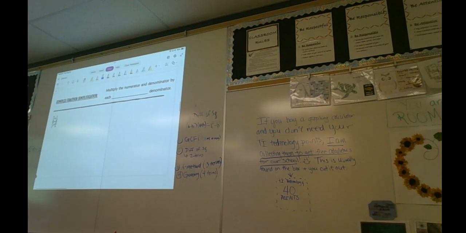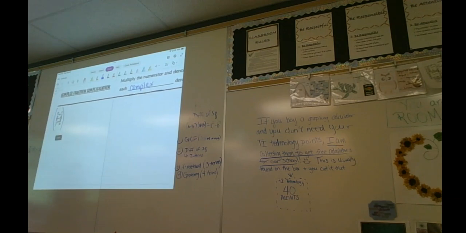Do you guys remember how last year I taught you, if I gave you something like this, with multiple fractions, how to get rid of it in one step? Do you guys remember how we do that? So we multiply each, here's your fill in the blank. Multiply the numerator and denominator by each complex denominator. So what are my complex denominators here? B, D, F, H, any fraction within a fraction, right? So we multiply by